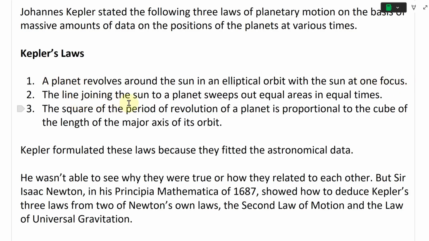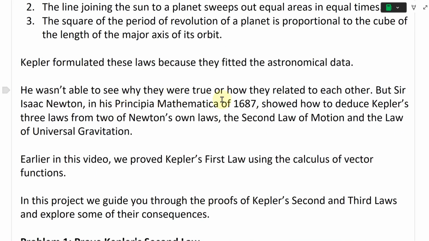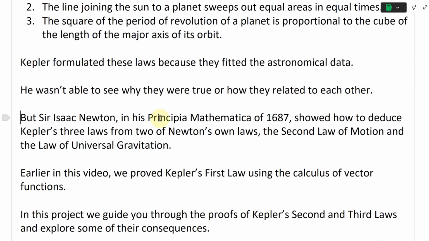Law 2, the line joining the sun to a planet sweeps out equal areas in equal times, and the square of the period of revolution of a planet is proportional to the cube of the length of the major axis of its orbit. All right, so Kepler formulated these laws because they fitted the astronomical data. He wasn't able to see why they were true or how they were related to each other, but Sir Isaac